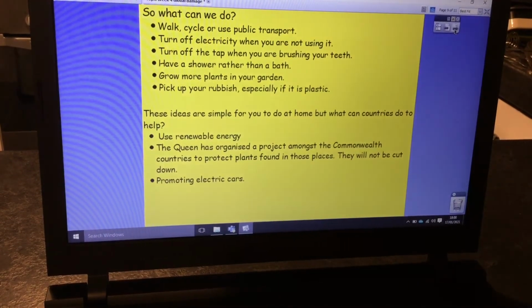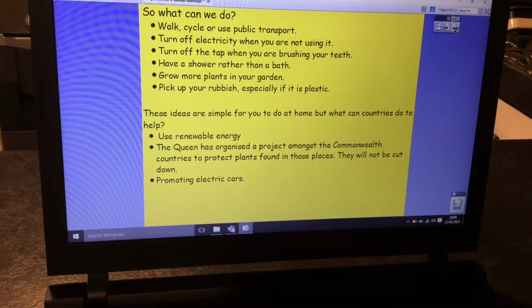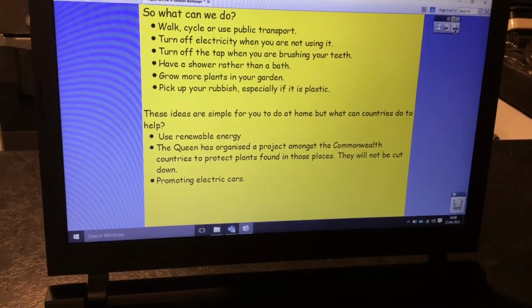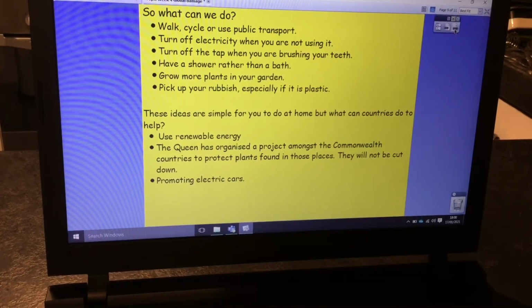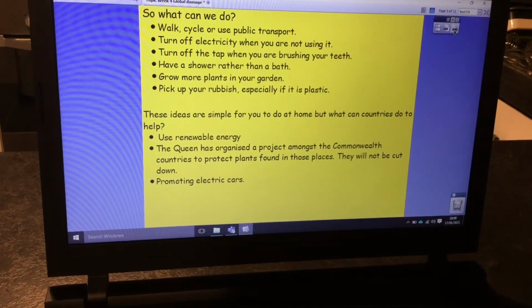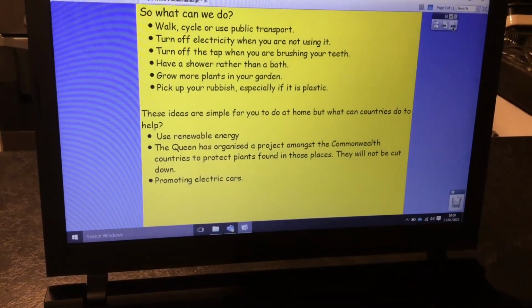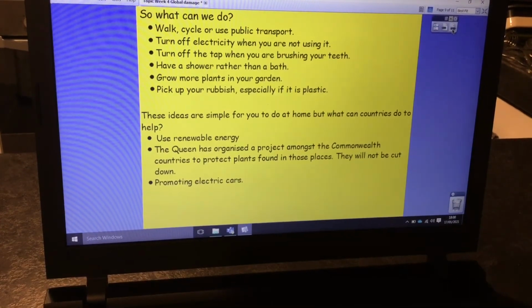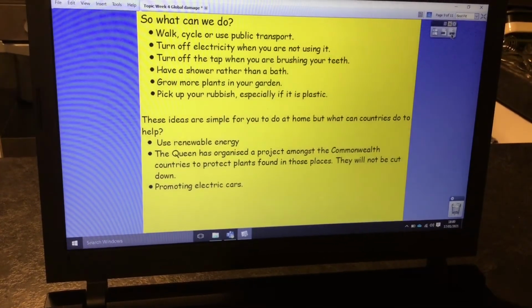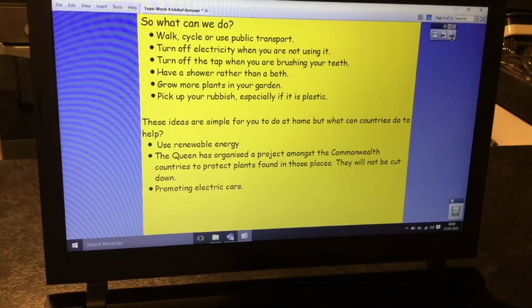The Queen has organised a project amongst the Commonwealth countries to protect plants found in those places. They will not be cut down. So in the Queen's Commonwealth, and the countries within the Commonwealth, she is protecting plants in these countries so that